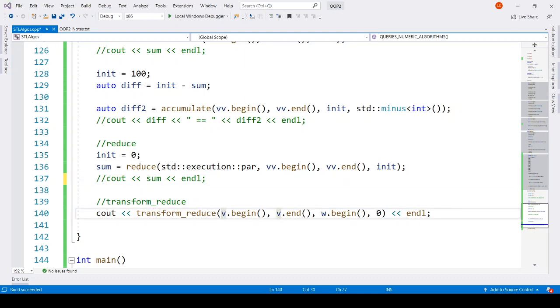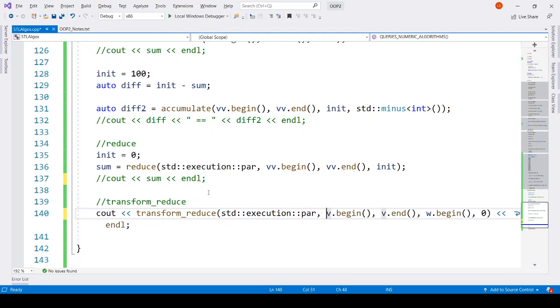We can supply here the execution policy parallel, and then it will start executing in parallel, okay. Just like reduce is the parallel implementation or possible parallel execution of accumulate functionality, same is inner product's parallel execution or possible parallel execution could be achieved using transform reduce. So what is the learning?